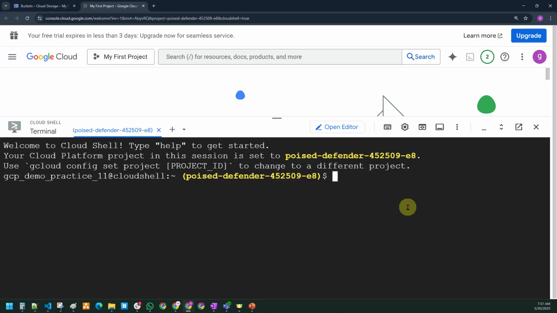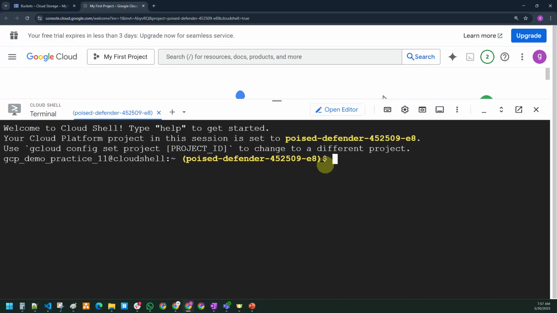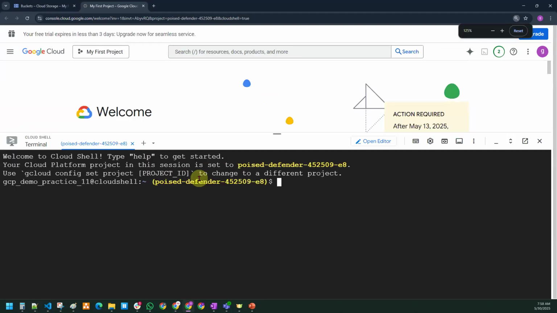If you are good at commands and want to interact with the GCP services via commands, you can do that using the Cloud Shell. So this is what a Cloud Shell is. You are able to use the Cloud Shell here.